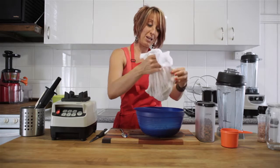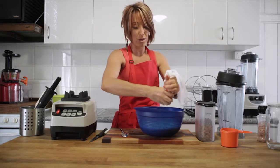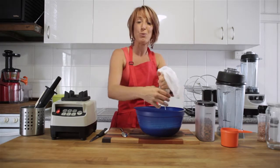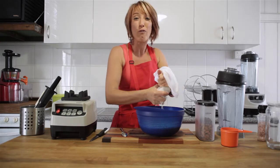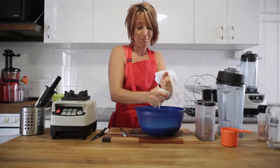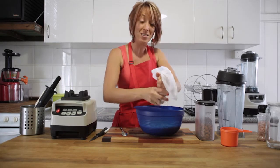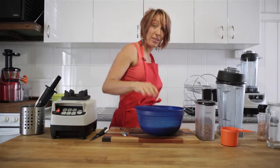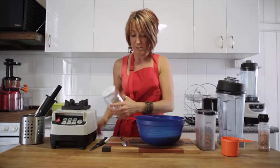So we simply keep making sure the pulp comes into the bottom of the nut milk bag, and then we turn it and gently squeeze, getting as much liquid out as possible. We've put 4 cups of water in, and we usually yield about 4 cups or 1 litre of almond milk at the end. The best way to store this is in a glass jar in the refrigerator. I'll pop that aside for now. I'll dehydrate that one a little bit later, and we'll pour our almond milk straight into